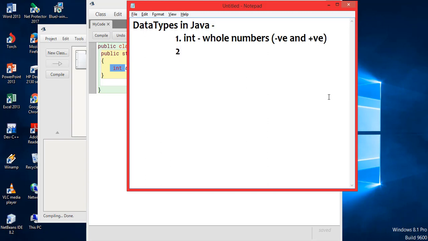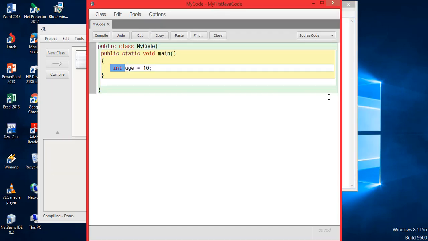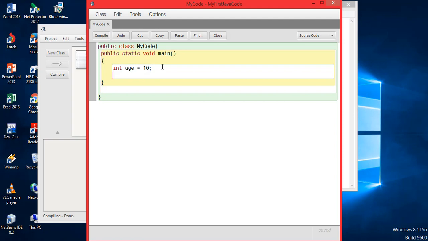Okay, second thing that you can do is, apart from int you can also have other types of data types. Example, if you want to store something in decimals, I can use a float data type, or I can use a double data type. Both help me to store decimal values. Example, if I want to store the tax rate, I'll say float tax as 8.75. So it will take decimal values as well. That is the job of float.